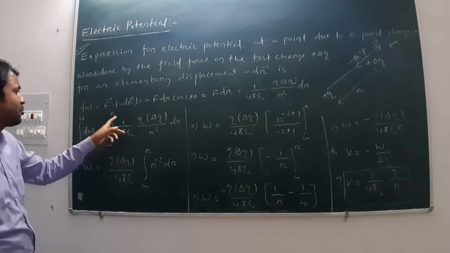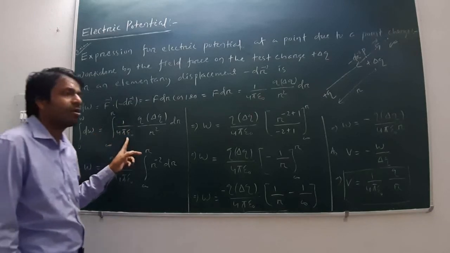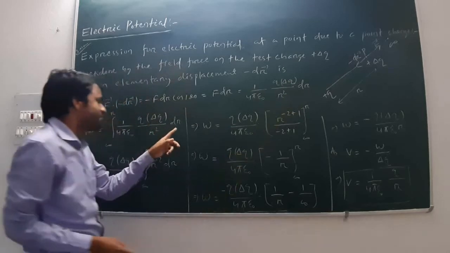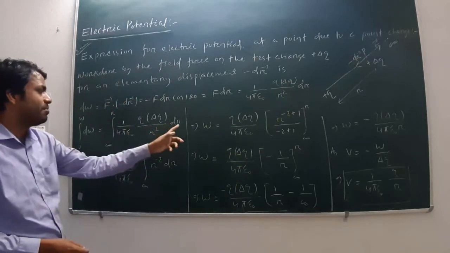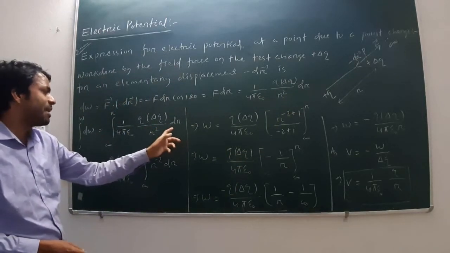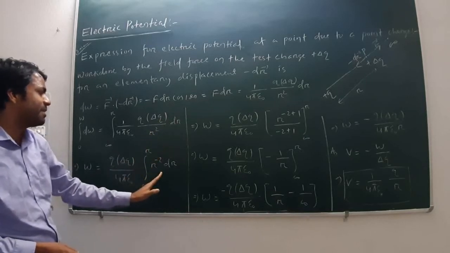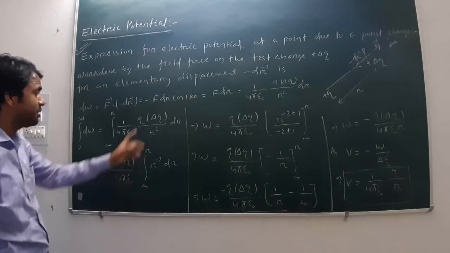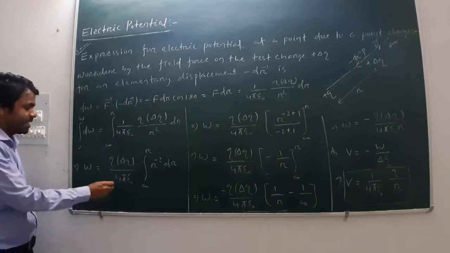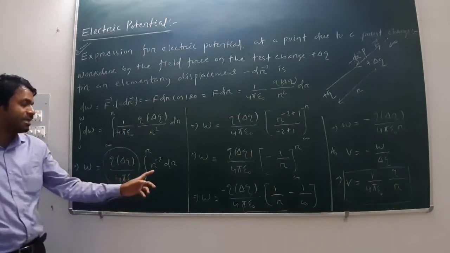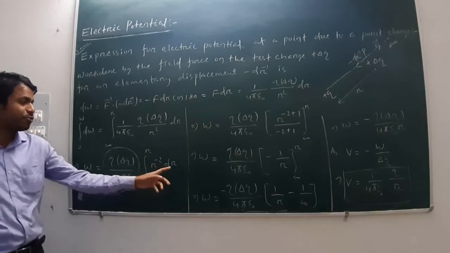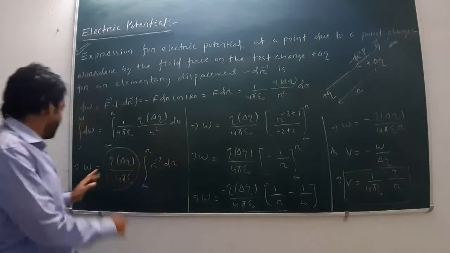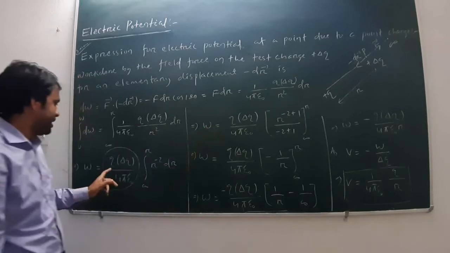Therefore, integral from infinity to r of 1 by 4 pi epsilon naught, q into del q by r square dr. Now here r is the variable, therefore dr and r square are being integrated, but 1 by 4 pi epsilon naught, q and del q are constants, so they come outside. Now integrating r to the power minus 2 dr from infinity to r, a definite integration, W equal to q into del q